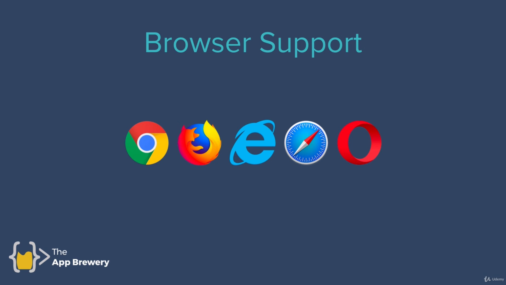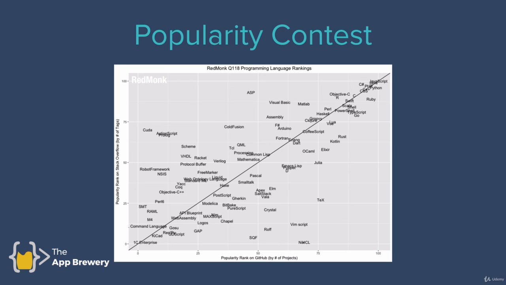Now, the other great thing about JavaScript is that it's the one language that is supported by all of the major browsers. While you can use other languages that can be compiled into JavaScript and run on the browser, it is still the language that powers the web. And this is evident from the popularity of JavaScript. So this is a graph that's compiled by RedMonk, and this is for January 2018. And you can see that at the top right corner, the most popular language of 2018 is still JavaScript, closely followed by Java.